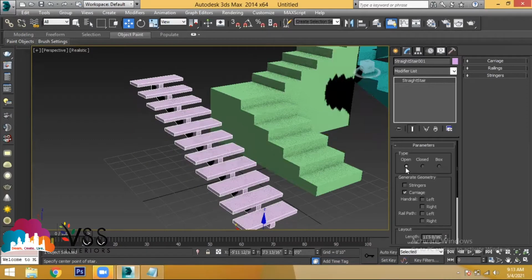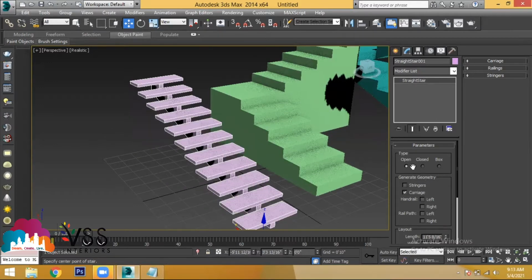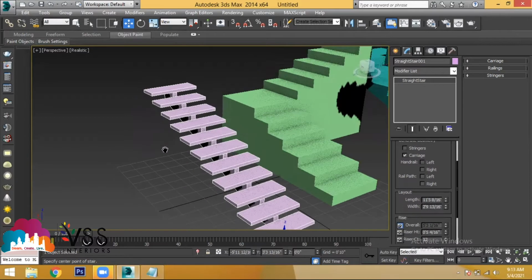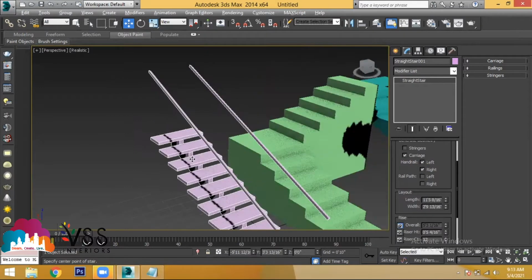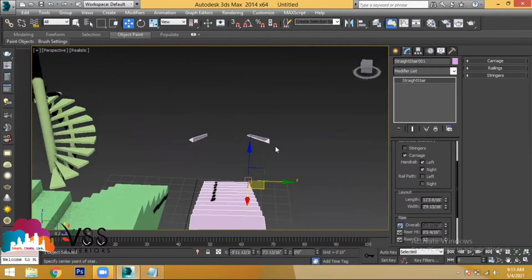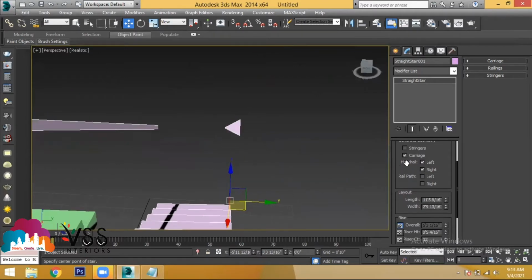Like the first one is nothing but where you have planks in the support with carriage. Closed is nothing but completely RCC structure. Box is nothing but which will get closed till the bottom of your flooring. These are the types. And as well, we have discussed about handrail left and handrail right. When you take handrail, you'll be getting a solid mode. If you want to provide some modification for the handrail, this handrail is provided